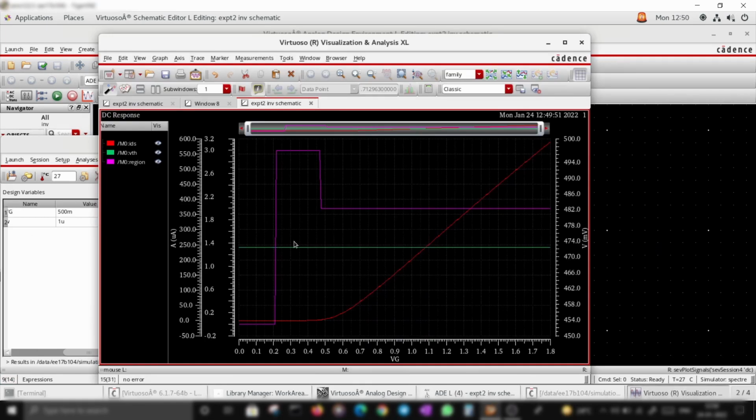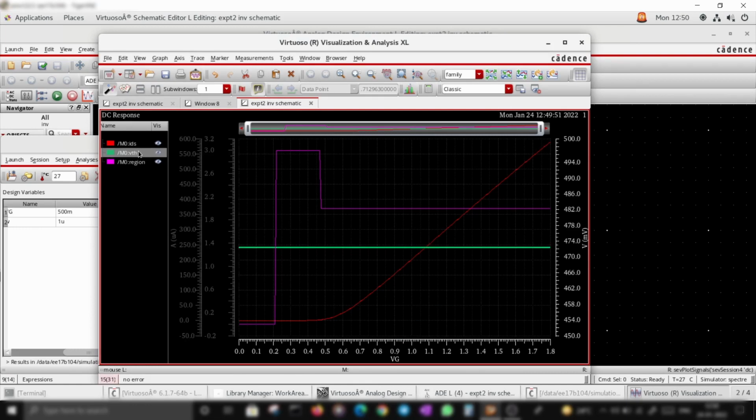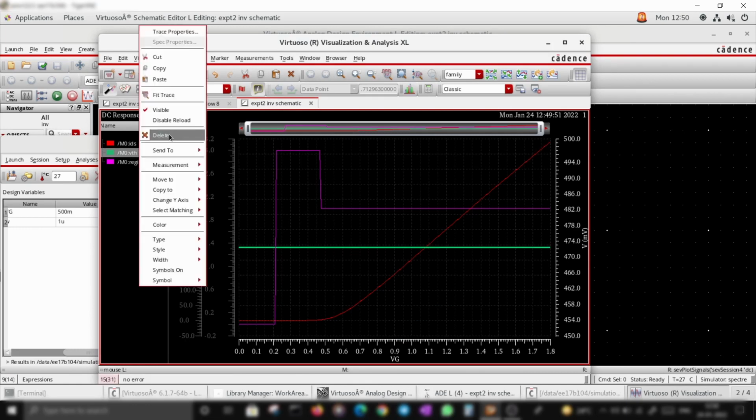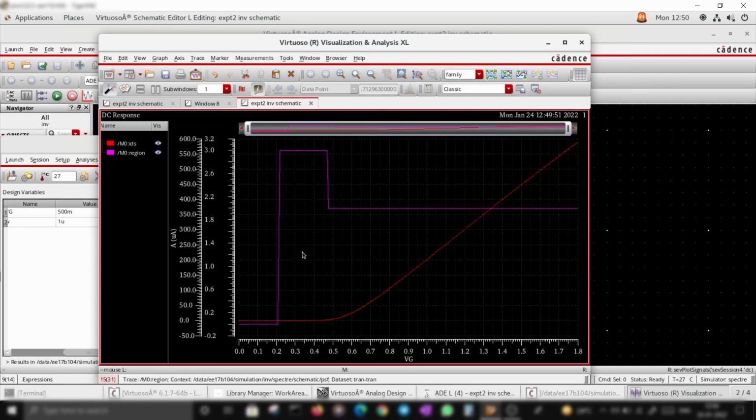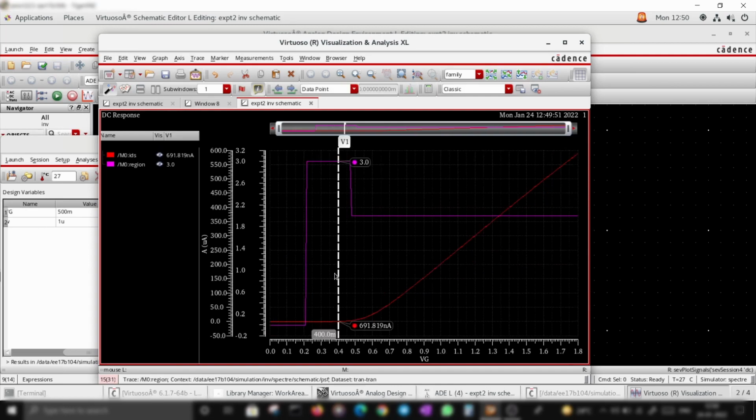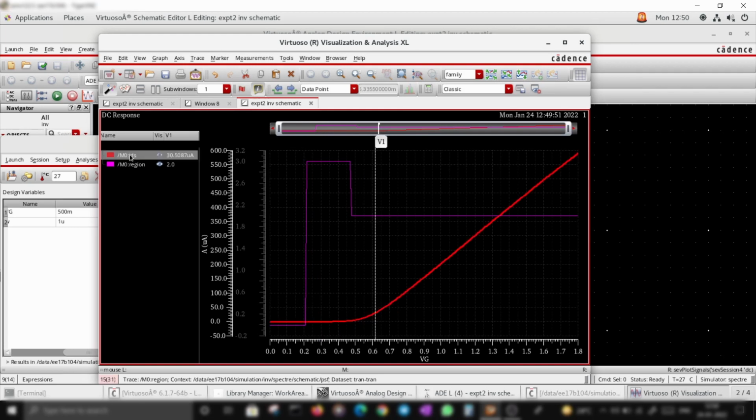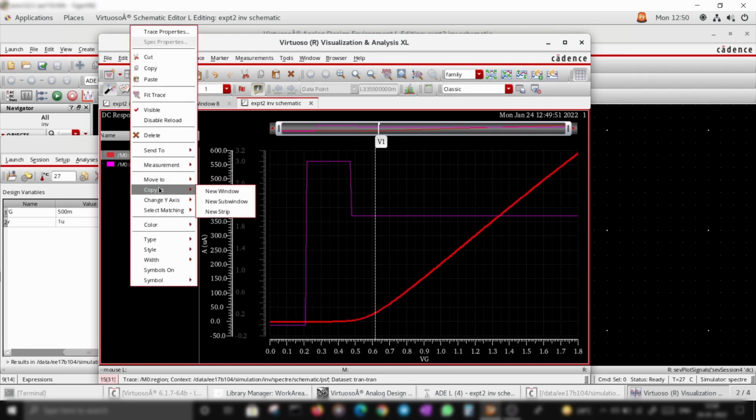Well, so as you see, I'm going to remove VTH also because it doesn't change much. Now let's understand. The region is 0 here till a certain point, and then it enters region 3, and then it enters region 2, right? Now let's take current, copy to new window,